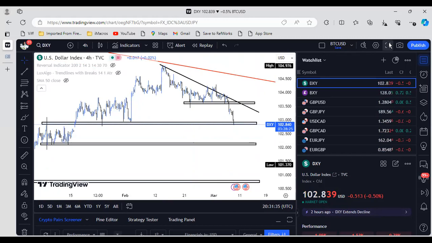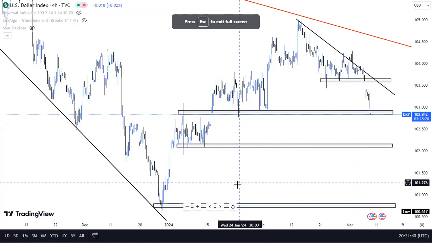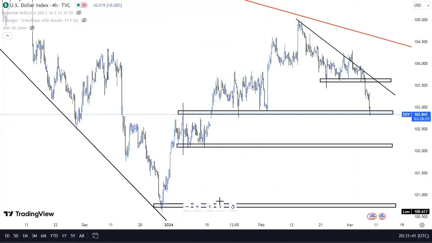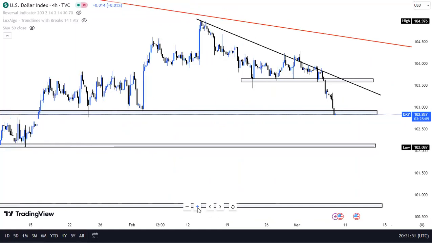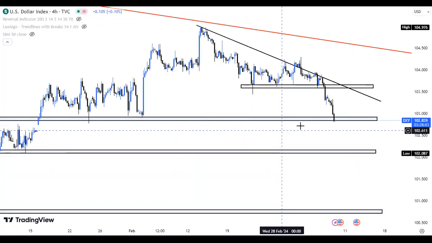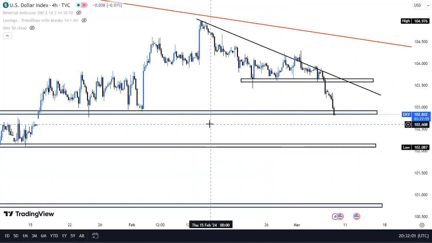Okay, so I'm currently on the XY. If you don't know what the XY is, the dollar index. So we're currently on the XY, and then we're trying to see what we can do with NFP trade tomorrow. So let's see. If we look at the XY critically, I'm looking at the 4 hours time frame,